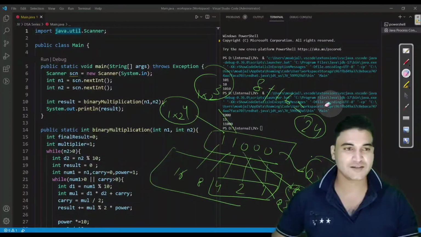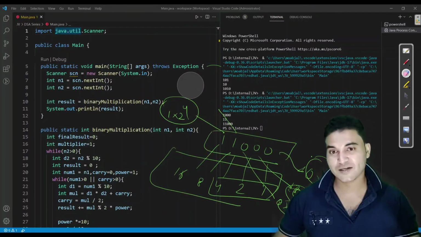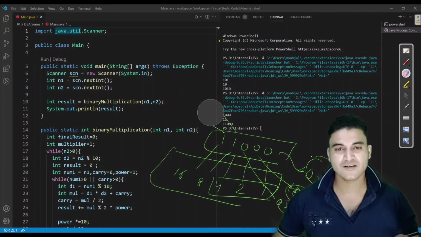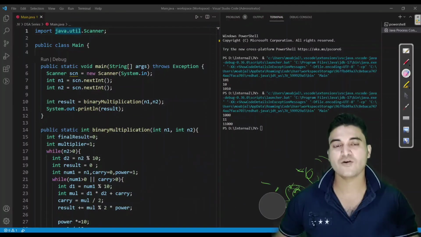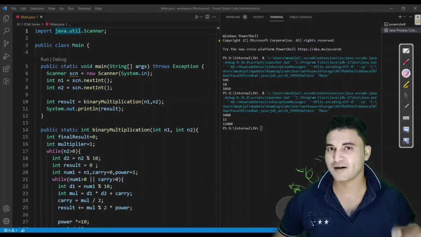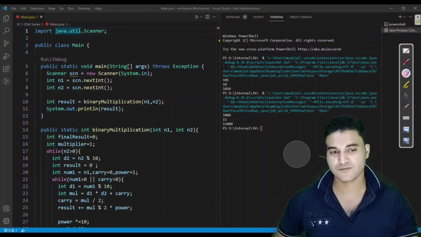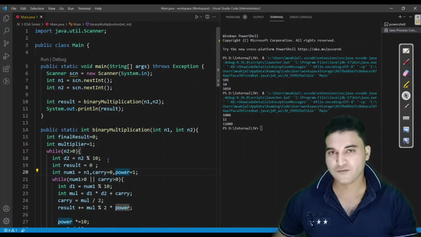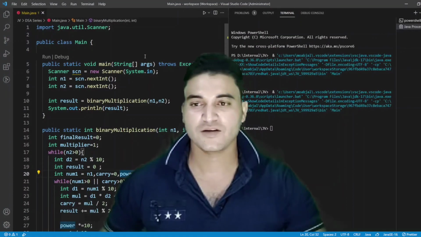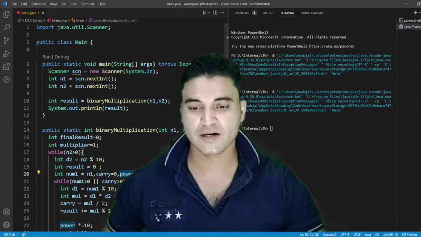So this was the trick for that, and I have already explained this in one of my videos. I think decimal addition. I think no, not decimal addition. Decimal to binary conversion. I think I have discussed this approach, or it might be binary to decimal. This might be a bit mixed up, but if you want to get this, then you have to watch those two videos. So this is the multiplication of two binary numbers.